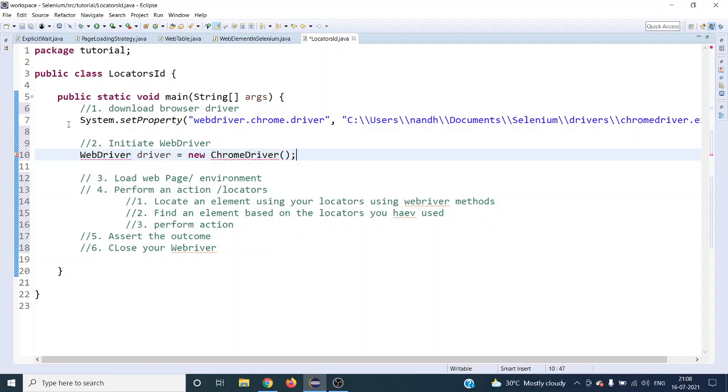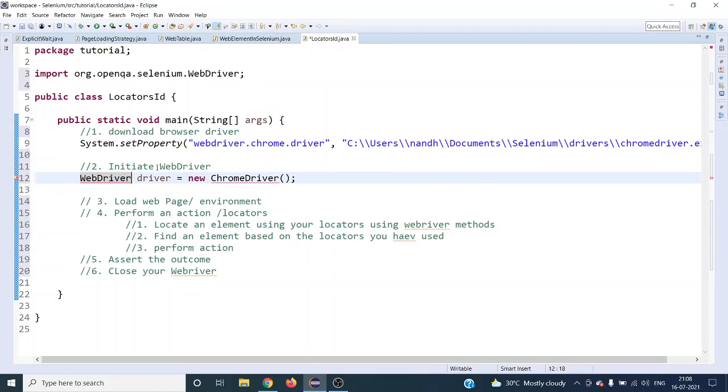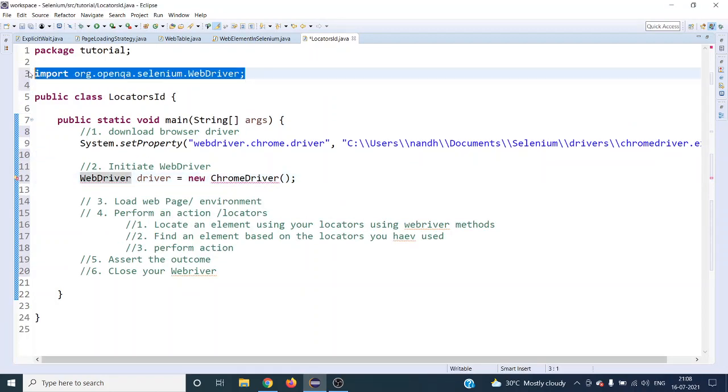Because we have not imported any classes related to these, like the WebDriver interface or the ChromeDriver class. So let us import that. When you hover the mouse on this particular WebDriver interface or ChromeDriver, we will see that actually. Otherwise you can just press Ctrl+Space after ending this statement, and you will see a pop-up saying where it is downloading from. So it is from org.openqa.selenium. Just double click on this. So you can see over here it is imported.